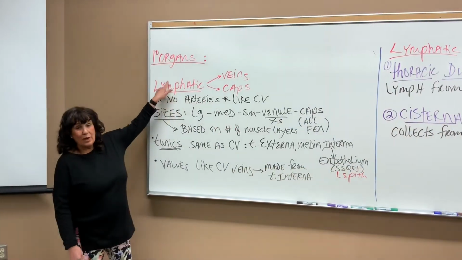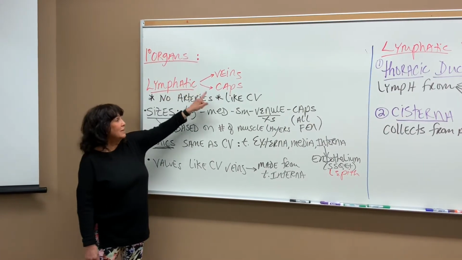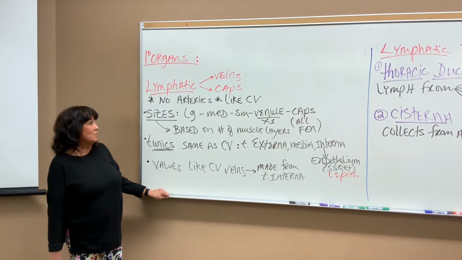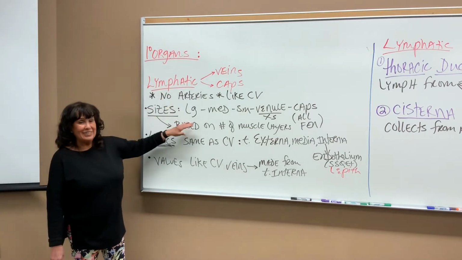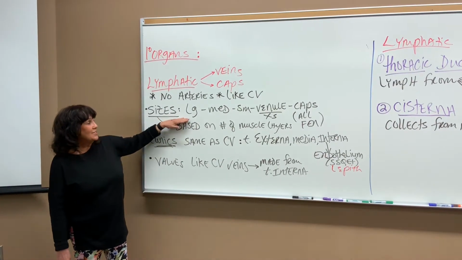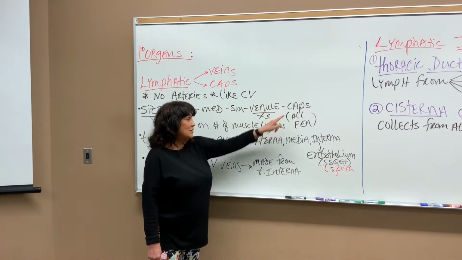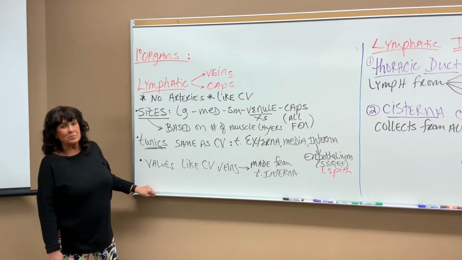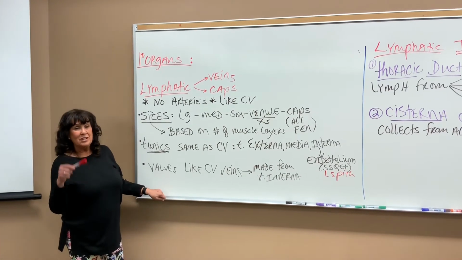Some more primary organs in the lymphatic system are the lymphatic veins and capillaries. There are no arteries, just veins and capillaries. And the veins in the lymphatic system are exactly like the veins in the cardiovascular system, all right? We have sizes: large, medium, small, extra small, and we have fenestrated capillaries, right? All the capillaries in the lymphatic system are fenestrated so that they can collect lymph faster to get it returned